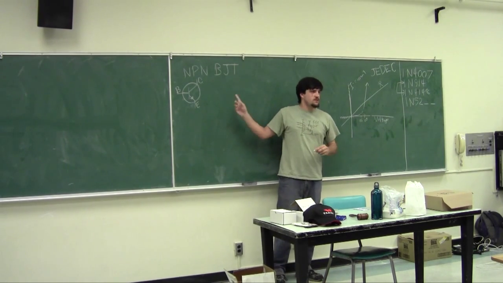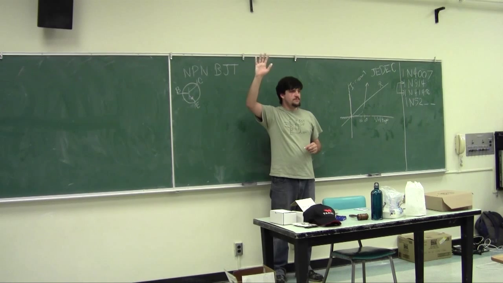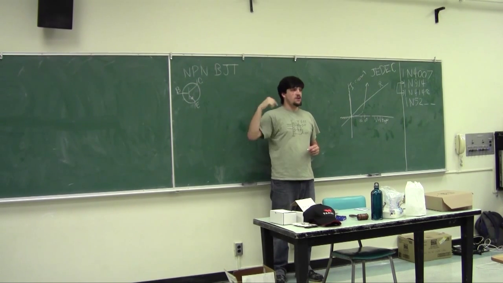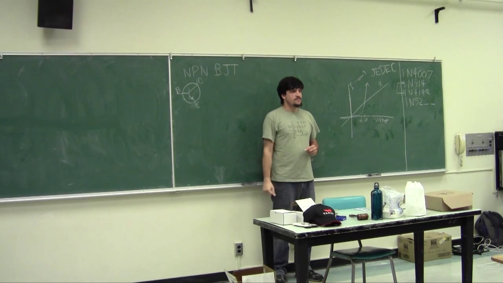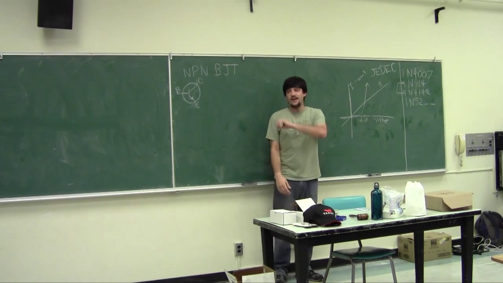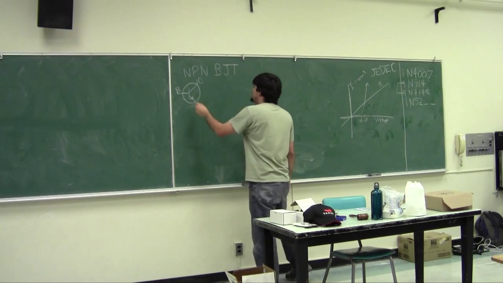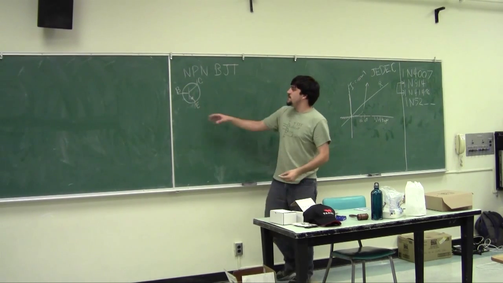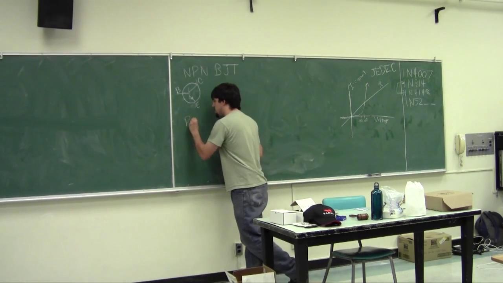When I say emitter, collector, and base, does that mean anything to anyone here? Cool. Do you know why it's actually called an emitter, collector, and a base? Cool. All right. Conversely to the NPN is the PNP,